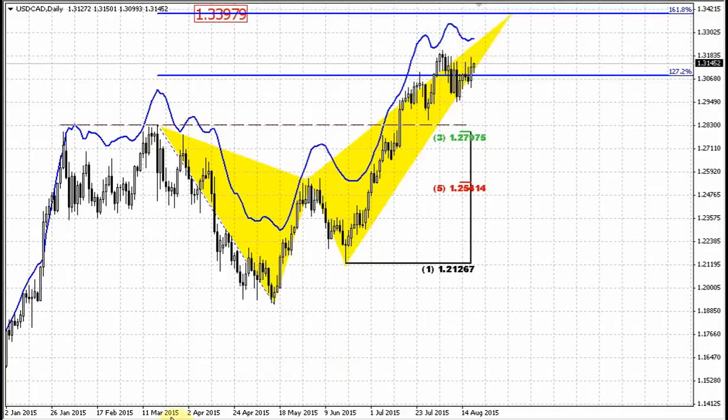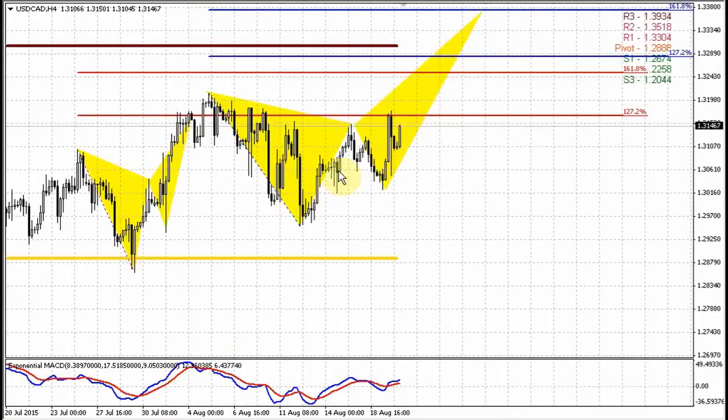And it's really just, as you can see, how different targets with different patterns confirm each other. So you can see the daily butterfly confirms the monthly BCD, the butterfly on the 4-hour time frame chart confirms the daily butterfly. So it's really a very harmonic combination of the different patterns, and we think that the situation in the Canadian dollar is starting to change. So let's see what we will get.